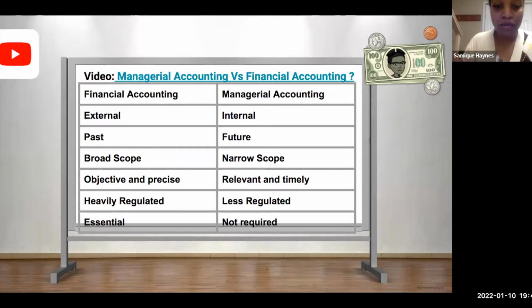So let's look at, for example, H&M. H&M has the retail department, the warehouse department, the factory department, and a bunch of different departments, and they might be able to zoom in to see how this specific department is doing in terms of profits, comparing costs to the revenues that department is generating. You can also look at this video that I have linked here, and it gives you a quick breakdown of the difference between managerial and financial accounting.